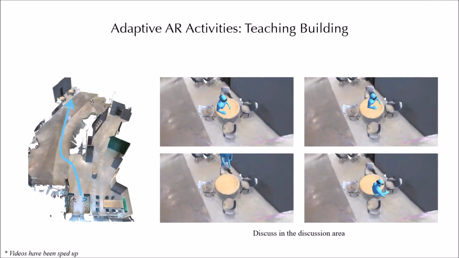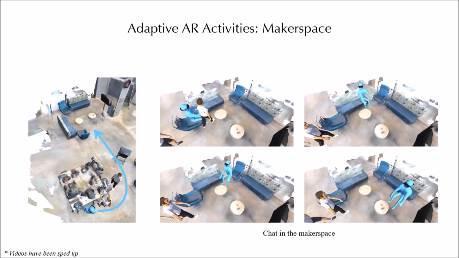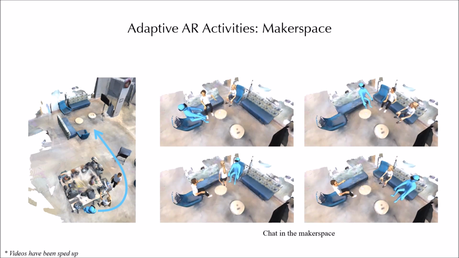Our approach dynamically adapts the virtual character's behaviors according to the player's actions. As the player chooses a seat in an event, virtual characters choose other empty seats,